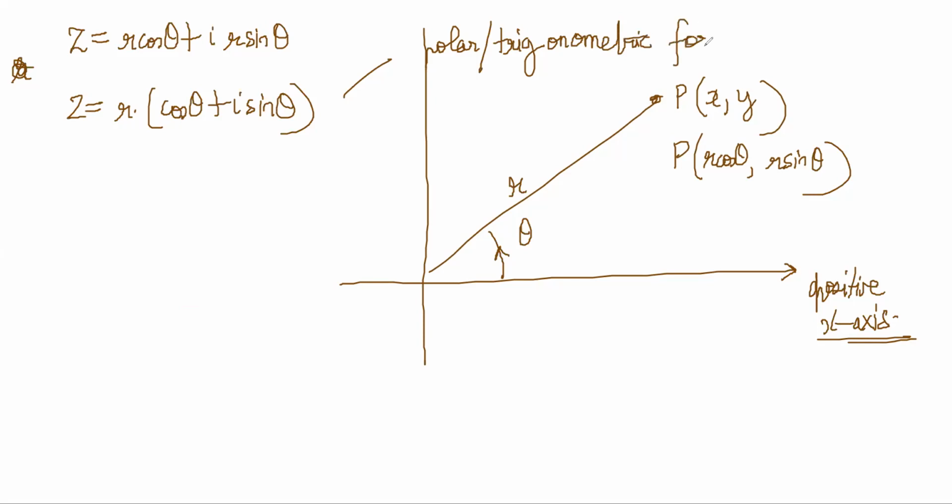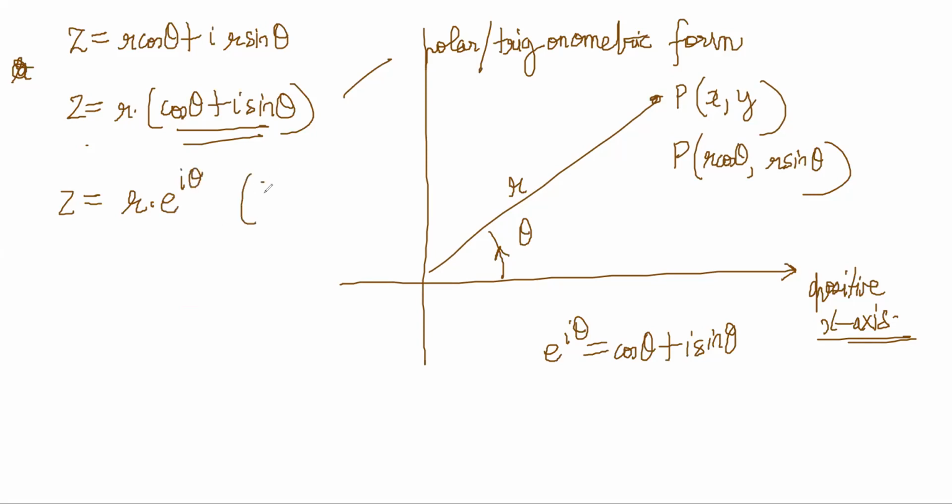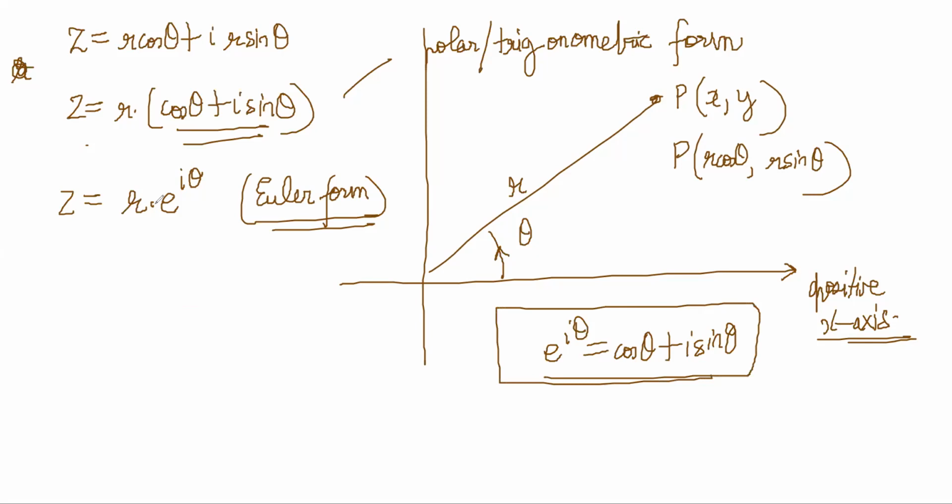Trigonometric form. And you can also form an exponential form or Euler form. You can say, because cos theta plus i sin theta is equal to e power i theta, right? So now you can write Z as r into e power i theta. This is the Euler form. Okay, these are both same things because this is an identity. But now you will realize that this form is super useful, because now see, if I write some complex number Z1, Z1 will be completely specified if I tell you r1 and theta 1, right?